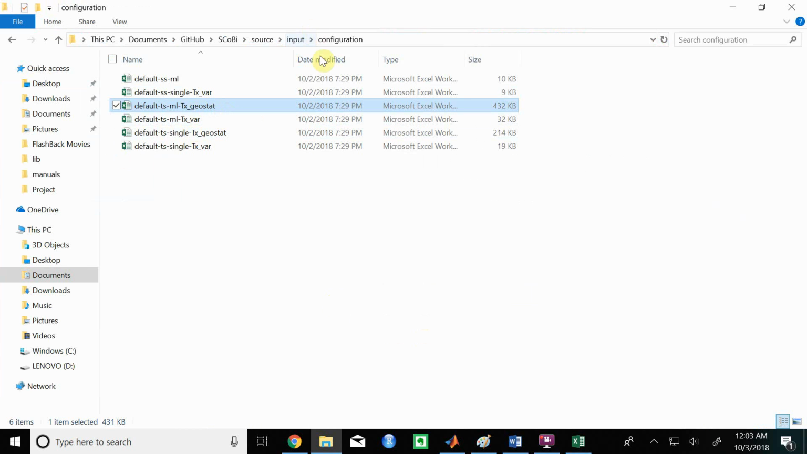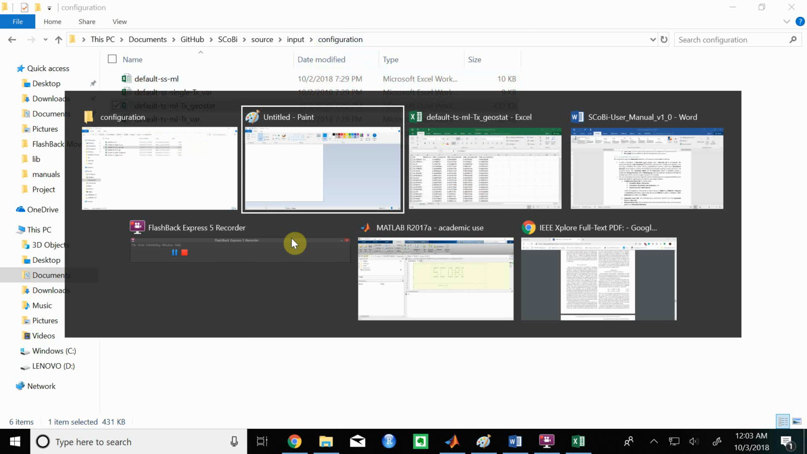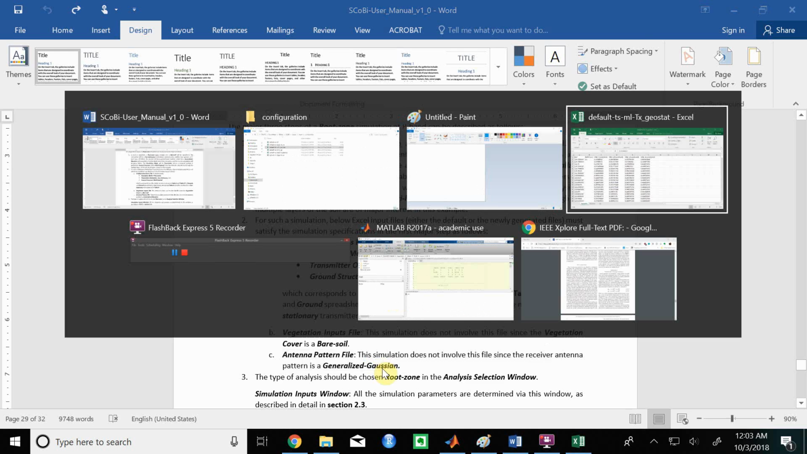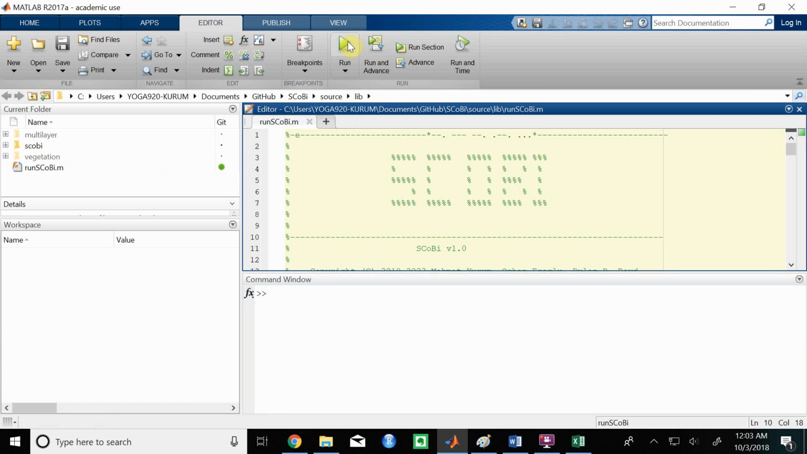So, since this is a bare soil study, we don't have any vegetation canopy. There's nothing to model. There's no cylinders, no discs, no branches, no leaves. We don't have to worry about that file. And again, since this is a generalized Gaussian antenna pattern, we don't have to worry about creating one of those either. So we can just go straight into running SCoBi,